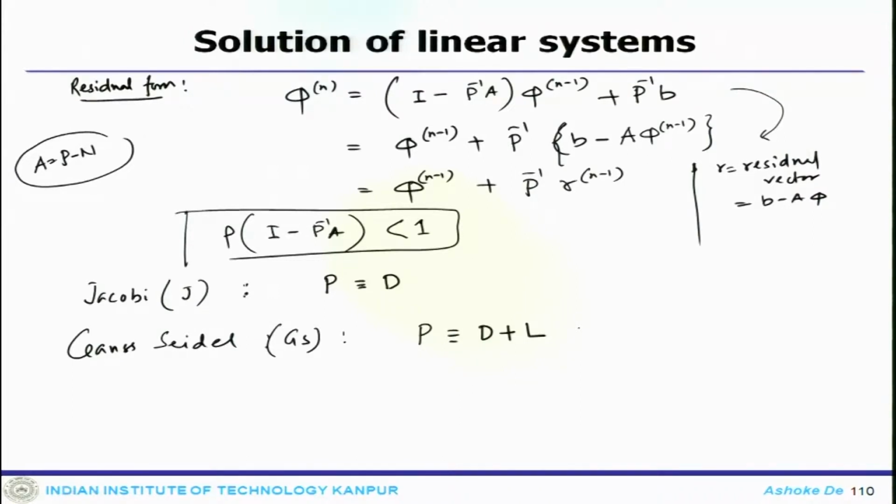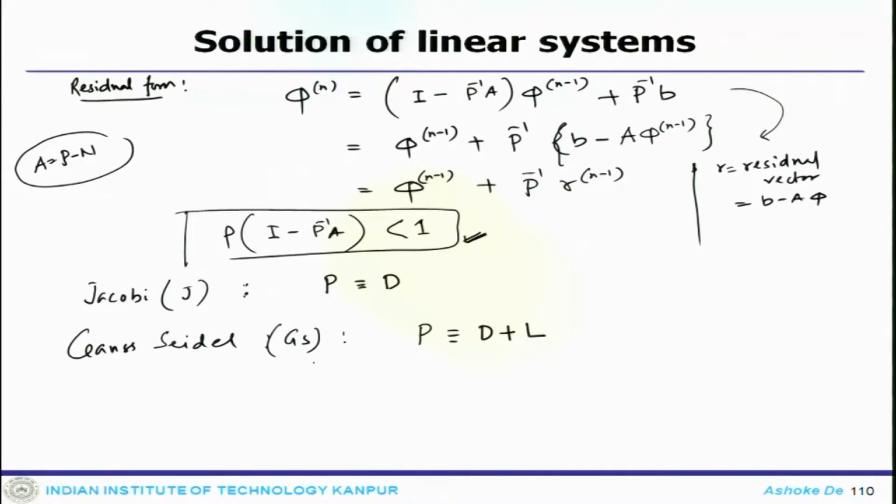So, essentially one can say that preconditioning is a manipulation of the original system to improve its spectral radius, as we have seen with the help of this preconditioning matrix P used for the associated iterative process. So, one can develop different kinds of preconditioning matrices in which the coefficients are quite complex.